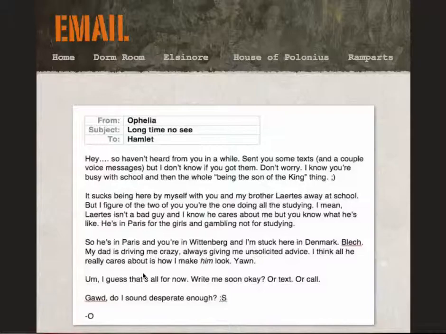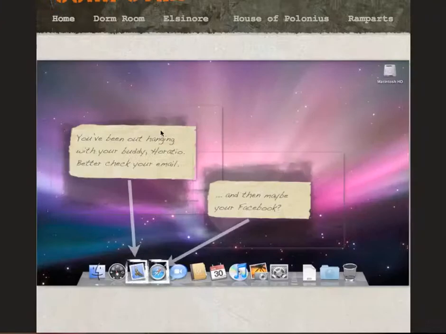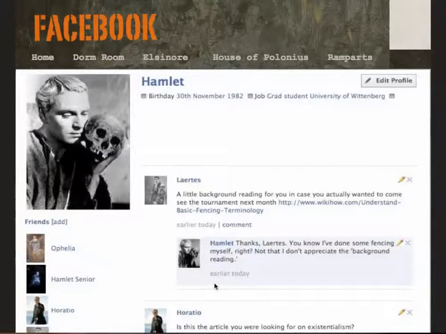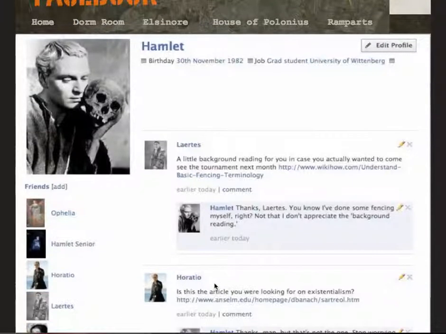So if you check your email, you'll see that there is a message here from Ophelia, and if you go back and check your Facebook, you'll see that there is a not very good mock-up of a Facebook page, but it was a little difficult to do. So ideally in the actual site, I would like it so that you could navigate through and it would be